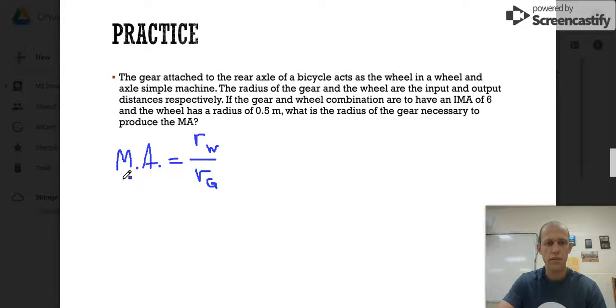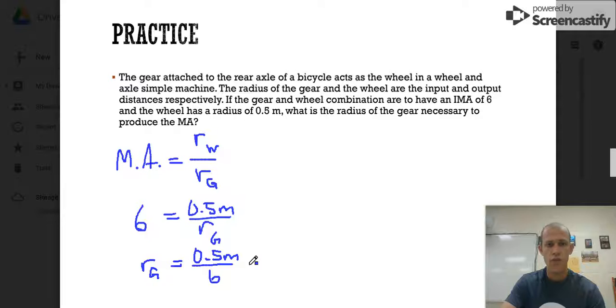All right, so mechanical advantage for wheel and axle will be the radius of the wheel divided by the radius of the axle, or the gear in this case. We know the mechanical advantage is 6. We know the wheel's radius is 0.5 meters, so we need to find the radius of the gear. So I'm going to swap the 6 and the radius of the gear around to solve for R. And this will calculate out to be